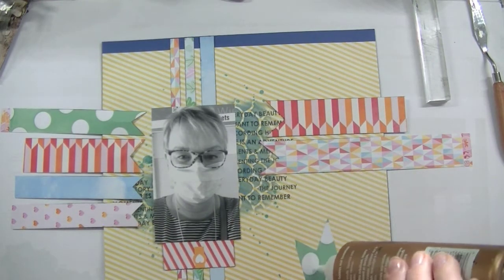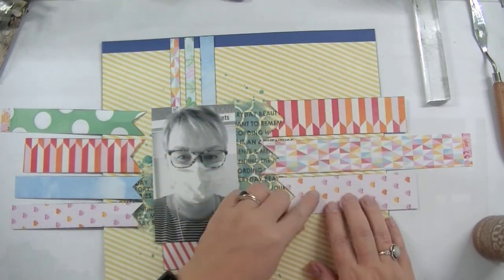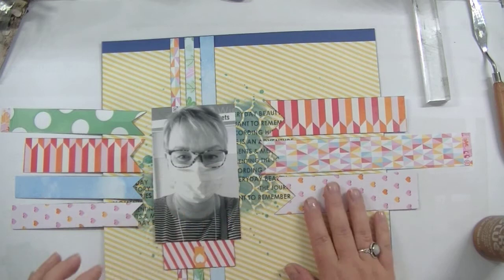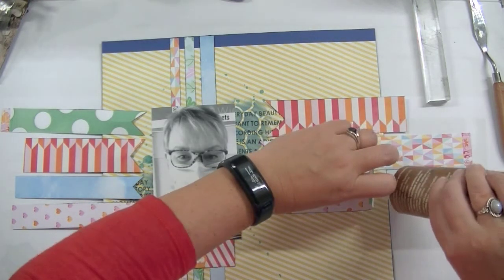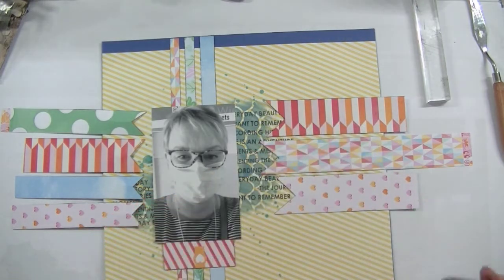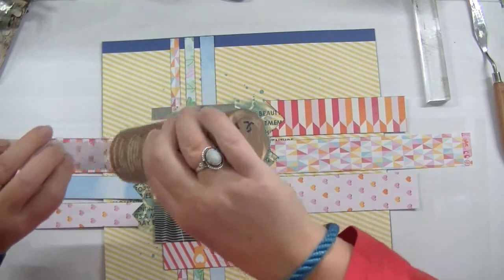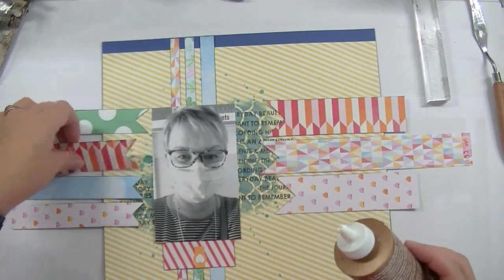And the last one. There. Let's put a little bit of adhesive onto the top there, and then do the same here. 1,